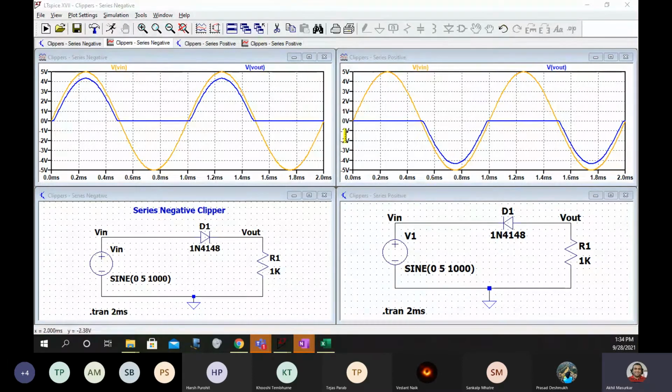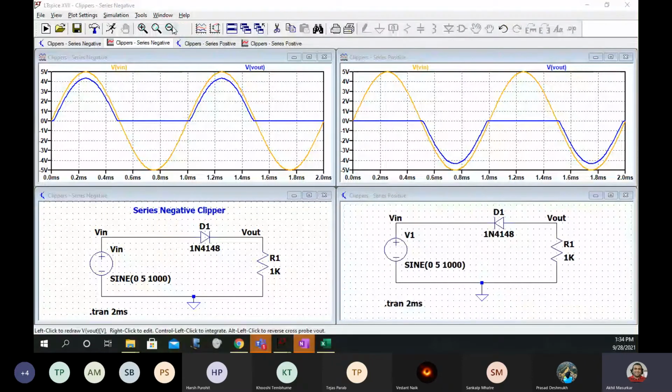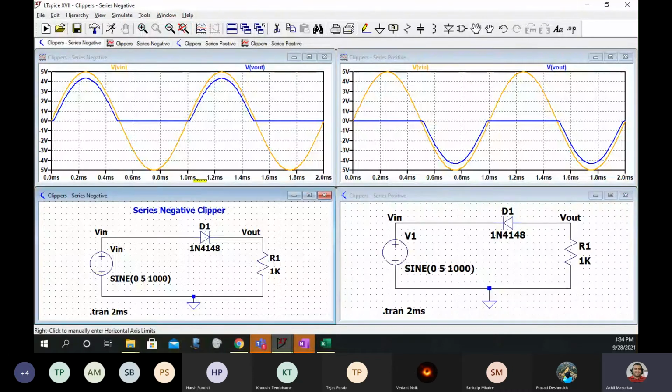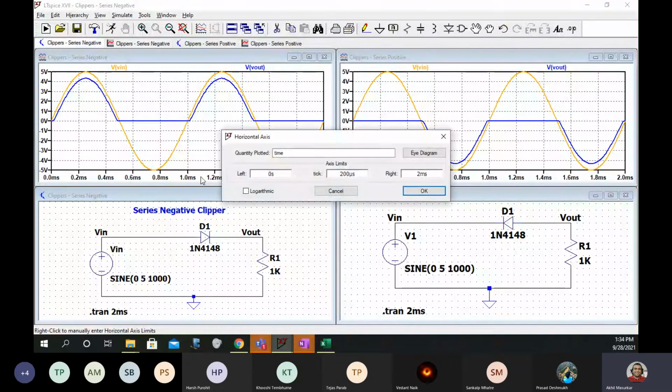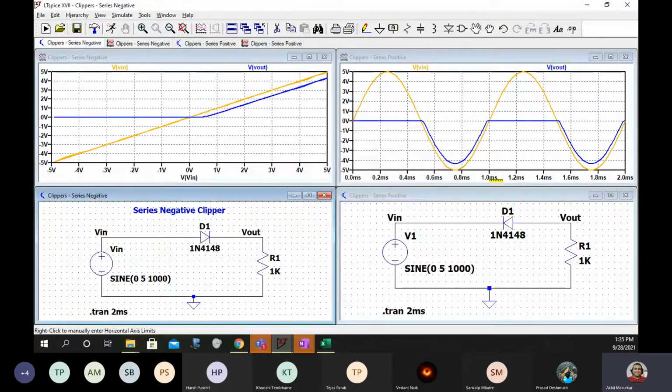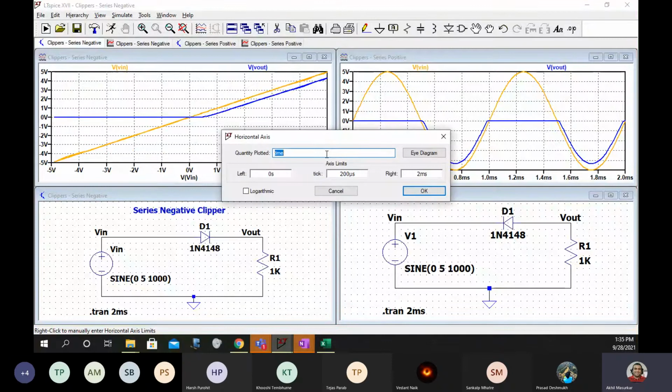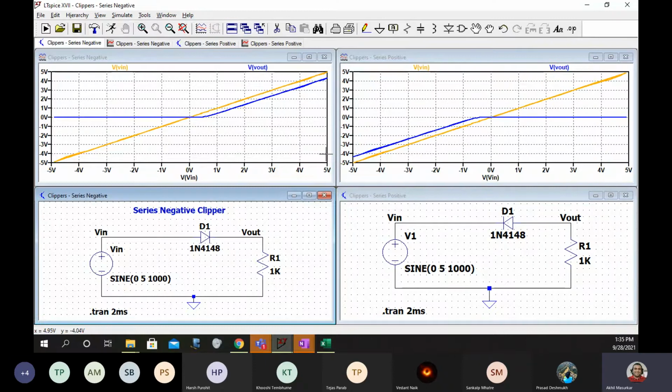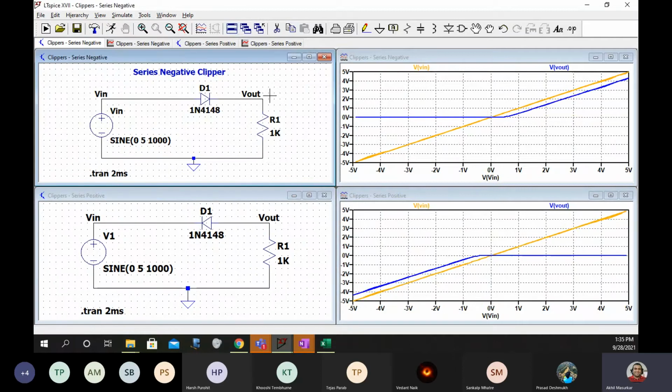Now, once you get this graph, in this same graph, what we will do now is change the axis. Instead of time, you make it V of Vin. You make it V of Vin, and you check whether you have got the same thing when we drew the waveforms in class. So now I want to see the waveforms in this way.